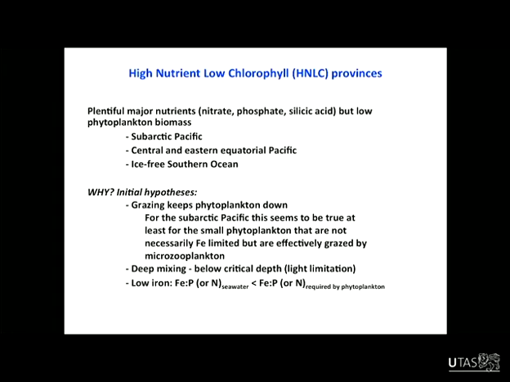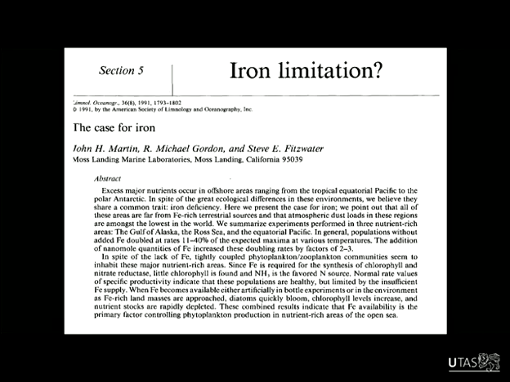But then the group out of Moss Landing, after they made some careful measurements of iron and saw how low the concentrations really were in the global ocean, said that the ratio of iron to other nutrients like phosphorus or nitrogen was so low that it was preventing the uptake of those other nutrients. There was a special issue of Limnology and Oceanography, I think in 1991, where all of these potential candidates for limiting productivity or generating these HNLC regions were explored.